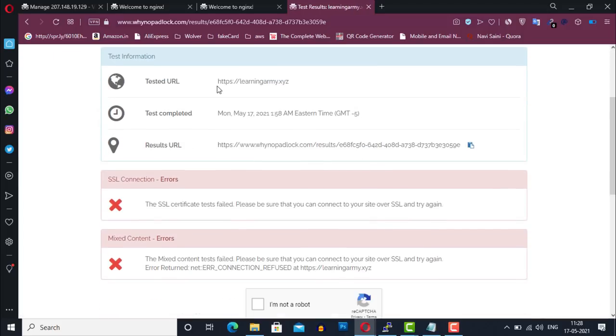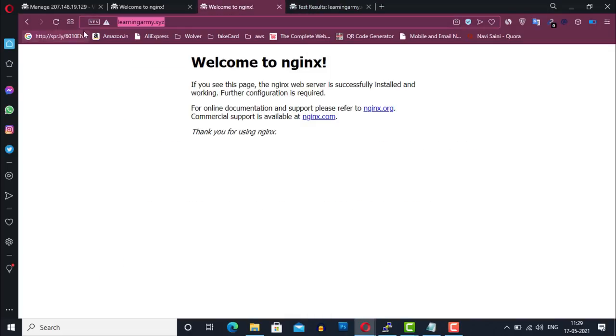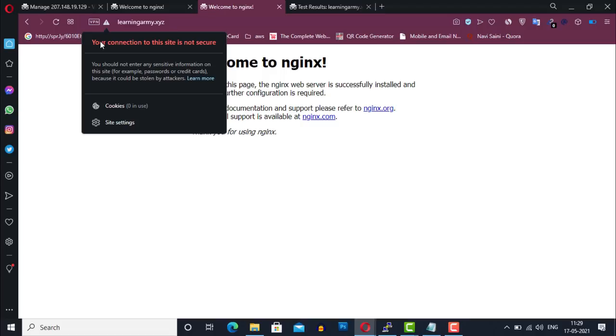So this is our website address, and as you can see there is no SSL certificate installed on this website. Also, you can see this in the box that shows the "Not secure" warning in the browser.